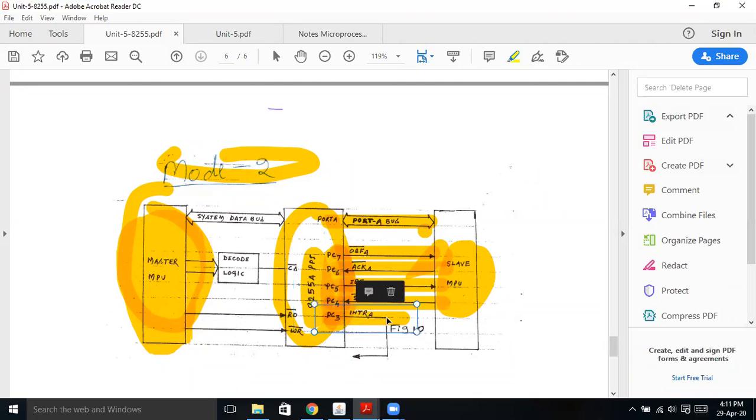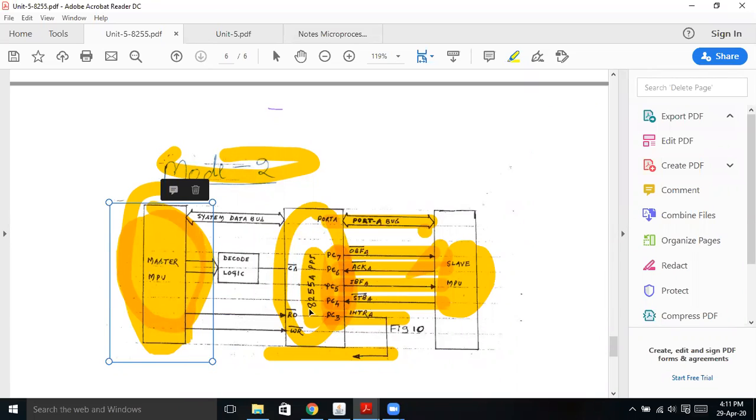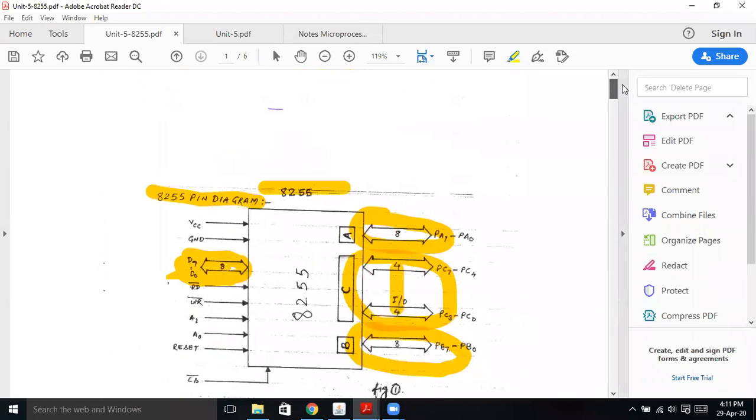And this is also an interrupt request signal, which is generated by the 8255 and connected to the master computer, or it can be connected to various slave MPUs which want to interrupt the 8255 to receive the data or to get the data from the master MPU. So this is the concept of 8255.